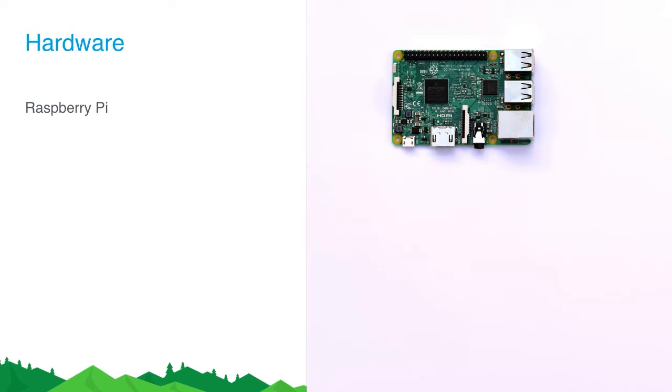It's easily powered by a battery source, or you can actually plug it right into the wall. But what makes the Pi really special are the row of pins at the top, the GPIO pins, or the general purpose input-output pins. And those pins give you the ability to connect the Pi to the physical world.